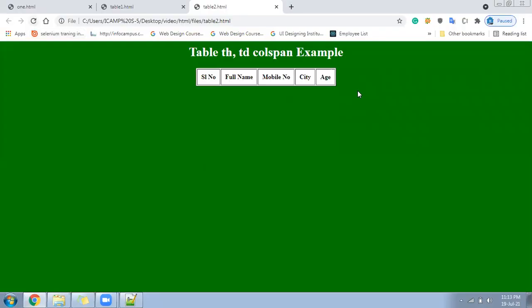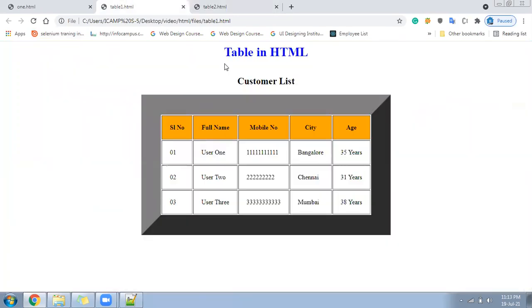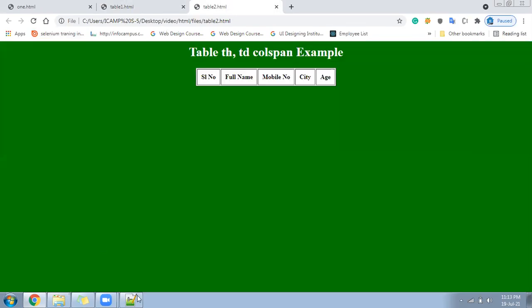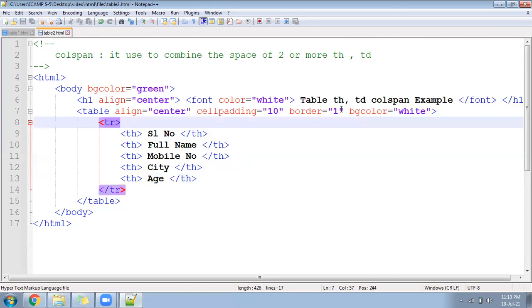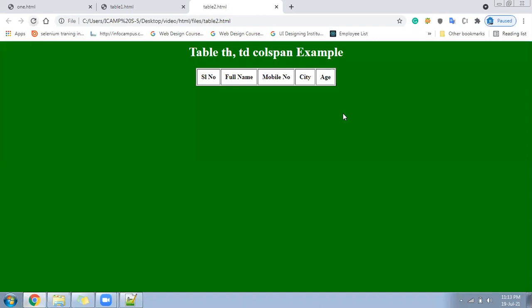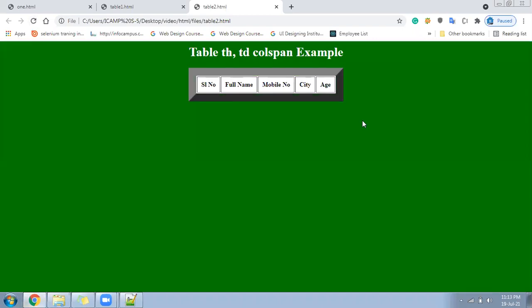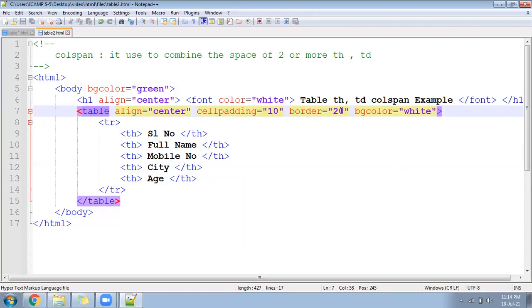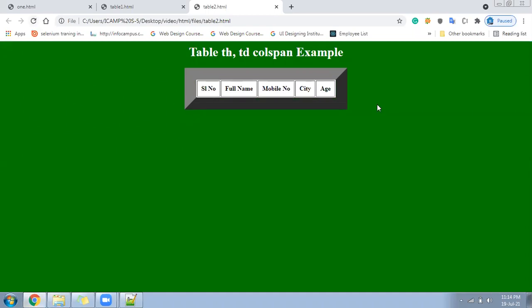Coming. But we wanted the border to be bigger. You can see in the previous page, we gave a lot of border. No problem. Go here. Change this border to 20. Automatically, it will look like a 3D table. See, it became a large border. That's good. Let it be 30, we can make it. It will look even bigger. Correct? So let's go ahead.